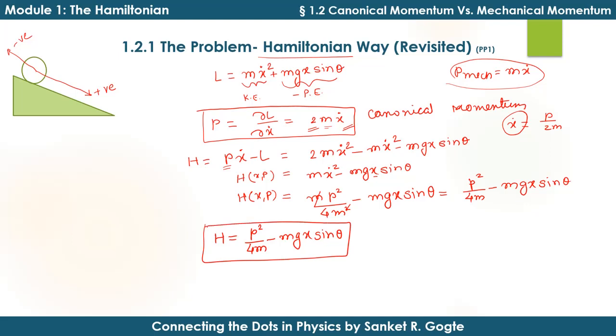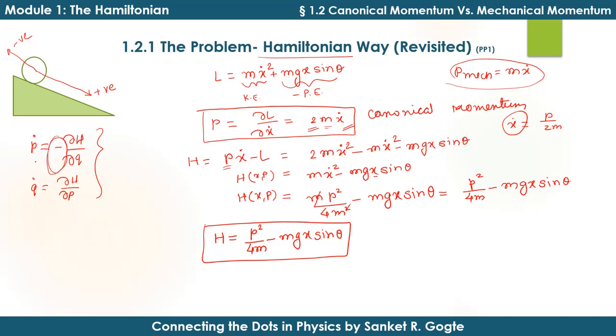Now the next step is to use the Hamiltonian equations of motion. Hamiltonian equations of motion are p dot is equal to minus of dou H by dou q, and the second equation is q dot is equal to plus dou H by dou p. We made a comment in the previous lecture that the Hamiltonian treats momentum and generalized coordinate on the same footing. Therefore we get a kind of symmetric equations of motion, but they are not exactly symmetric because of this negative